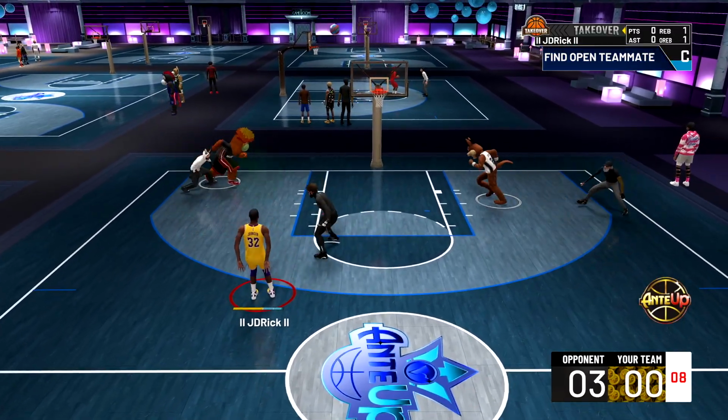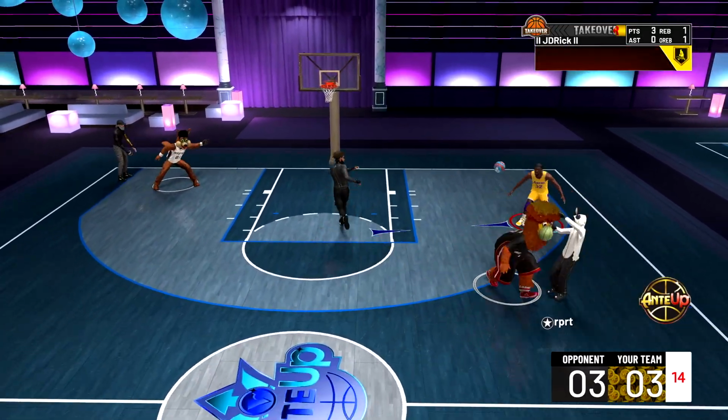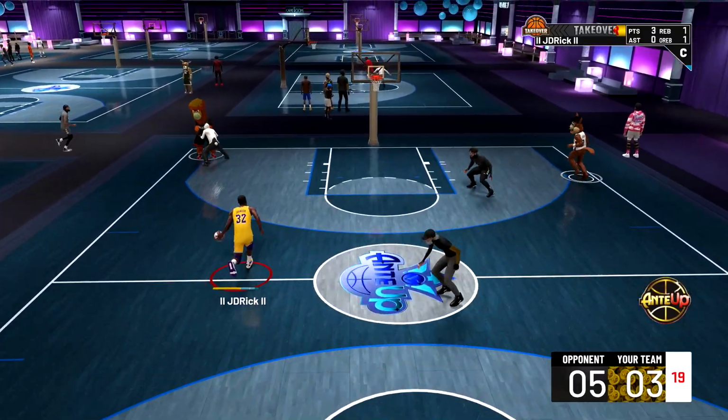Run it out, pull up from 3, and tie the game. After giving up a 3 first possession, we want to make sure we don't give up another 3. So we're just gonna give up the slip. The PG takes it, and they get the 2. We're gonna come right back and get a 2 of our own, but I'm gonna do it a little different